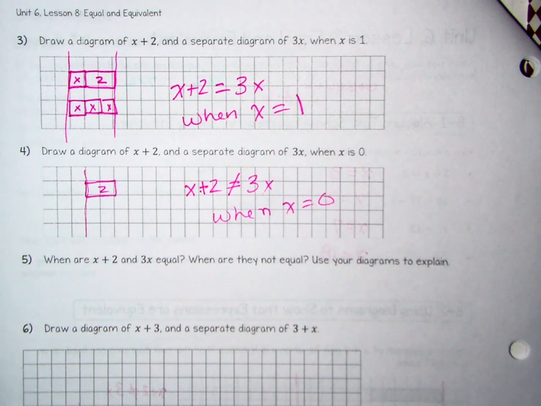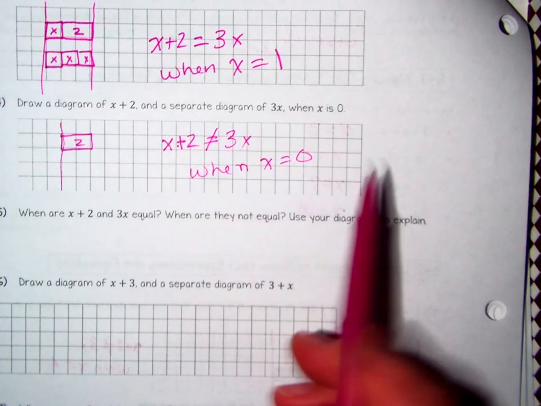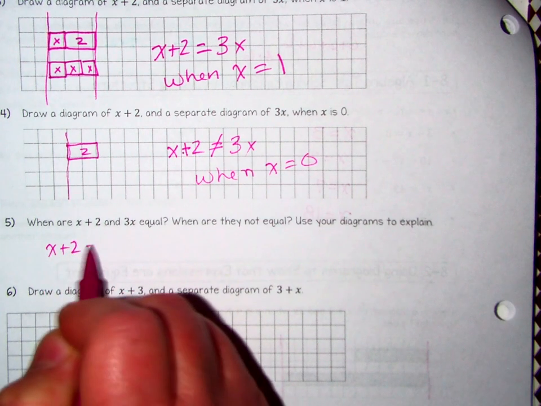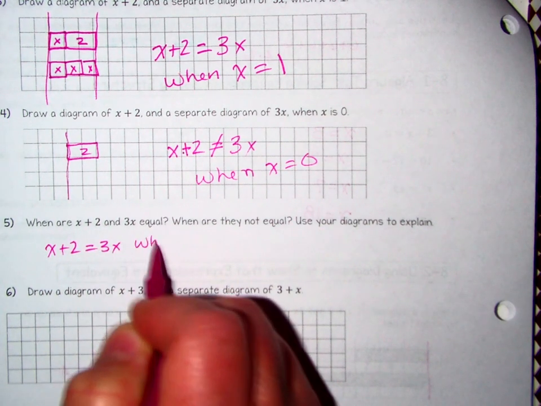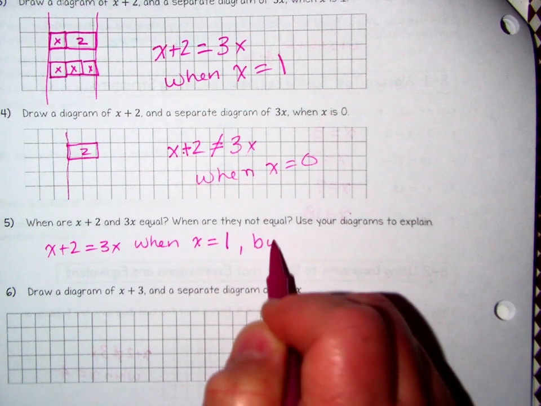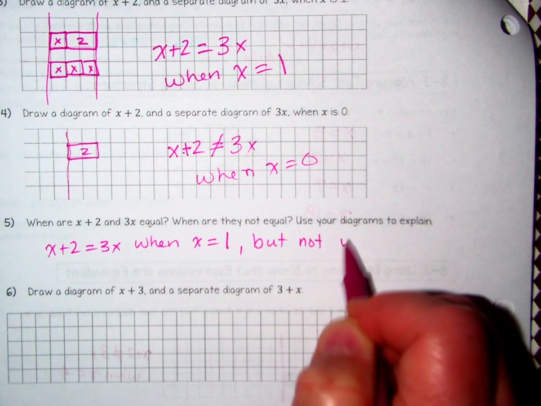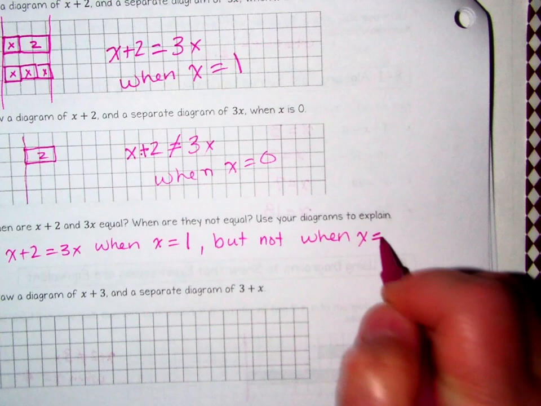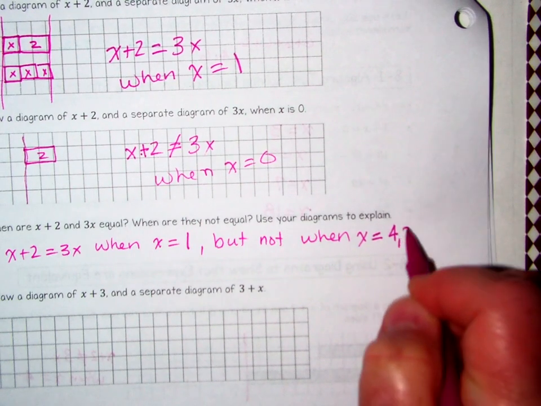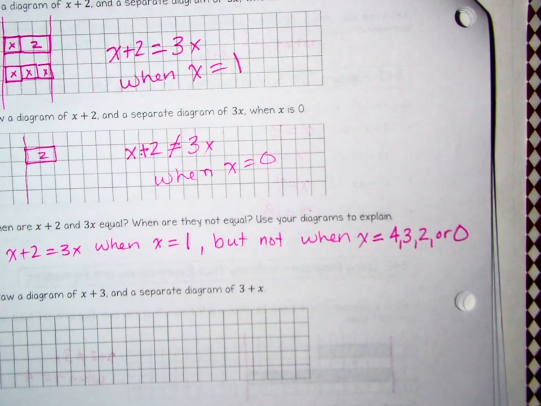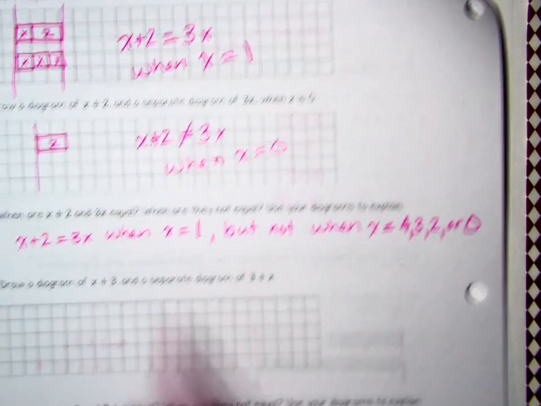Okay. So when are x plus 2 and 3x equal? Well, we can see from our diagram that they are equal when x equals 1. So x plus 2 is equal to 3x when x equals 1, but not when x equals 4, 3, 2, or 0. Okay, use your diagram to explain